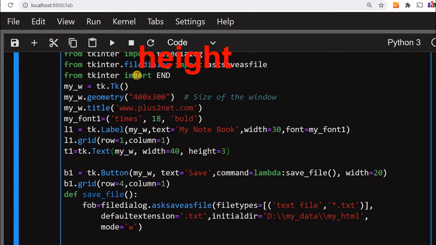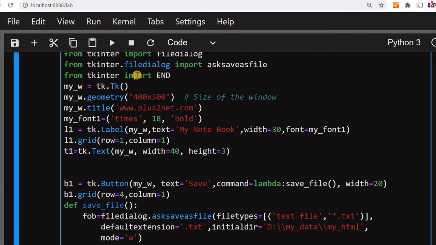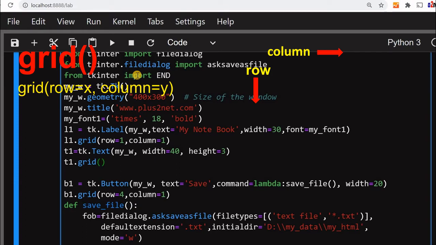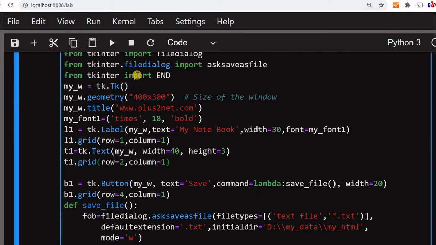You can increase it as per your requirement. Now we'll place it on the grid, t1 dot grid, row equal to 2. You are putting it above the button, below the label at the top, and column equal to 1. So now that's all. You can see how it looks also.